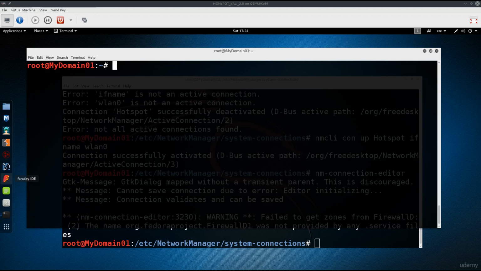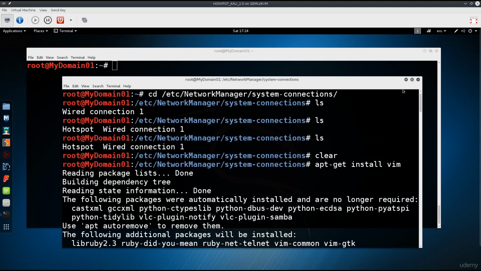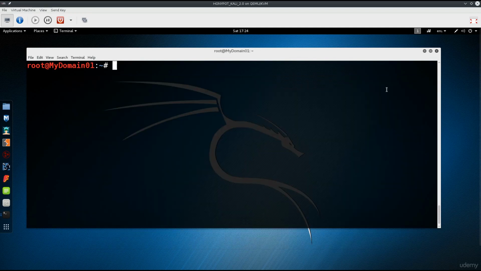Okay, so welcome back. Now my connection is still running. I still have the test access point available. Let me just go ahead and minimize this as it is not important now. What we need to do now is go ahead and set up our DNS. So we want fake resolutions. There we go. So we need to type in vim etc